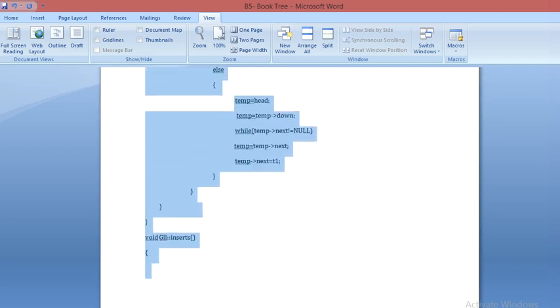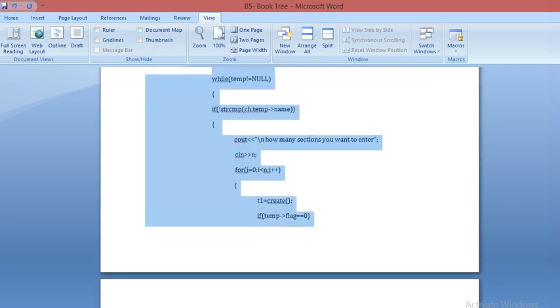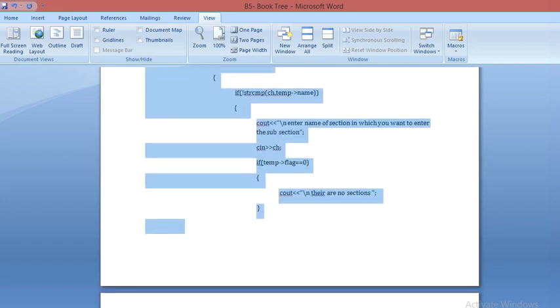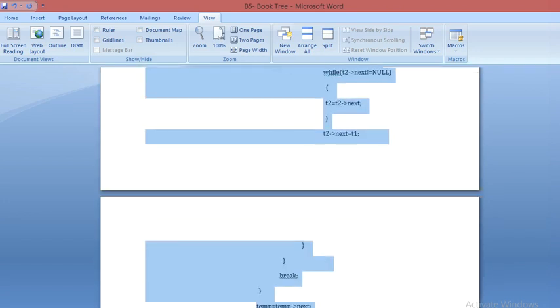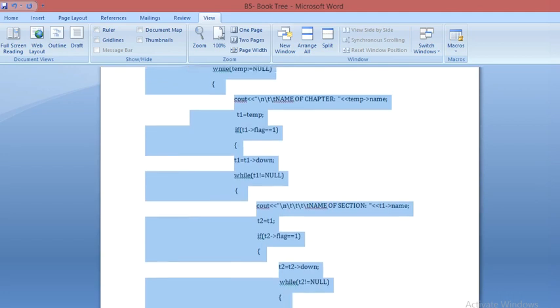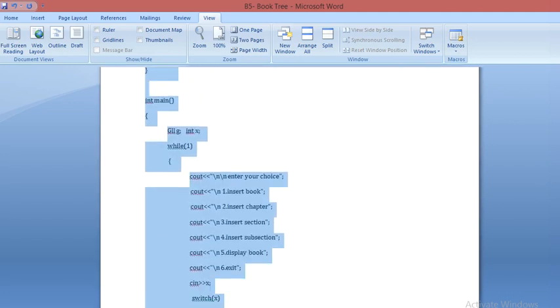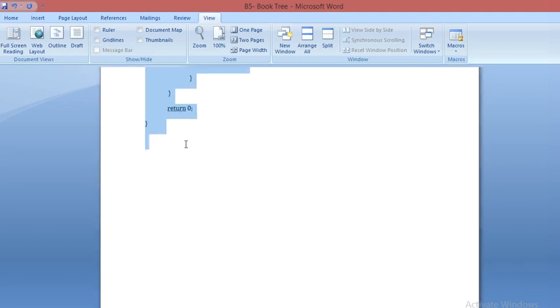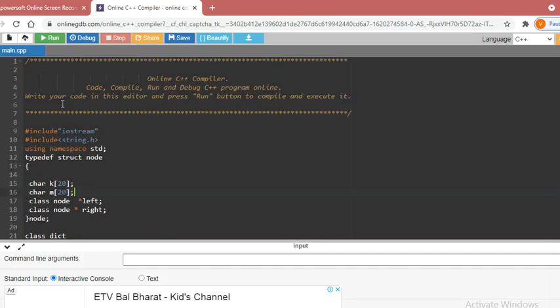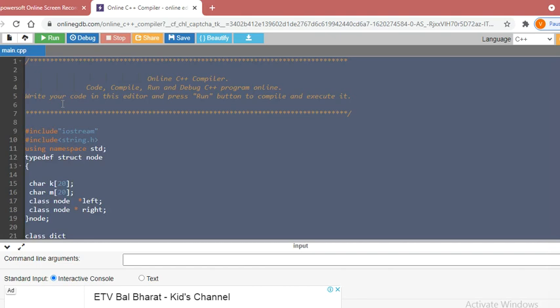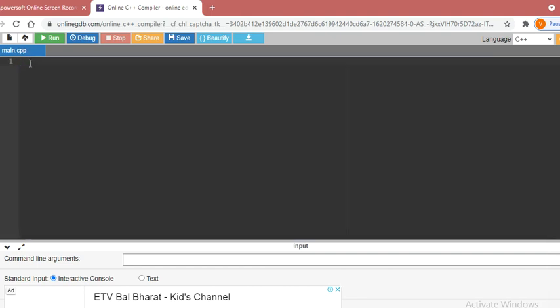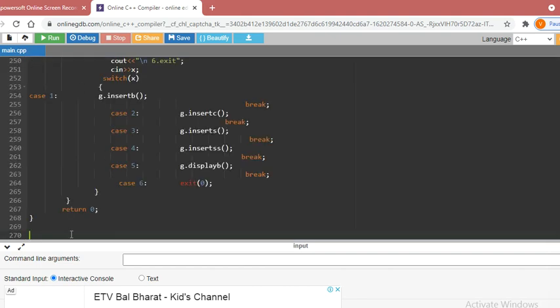We have to copy this and paste the program over there. Up to this we have to copy, and here we need to paste it. Once we have completed that, we execute it with run. So I will click on run.